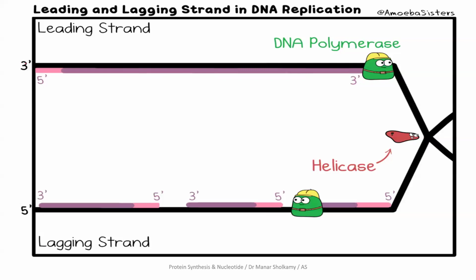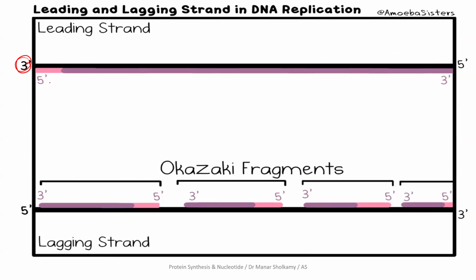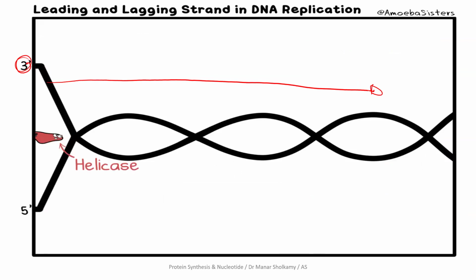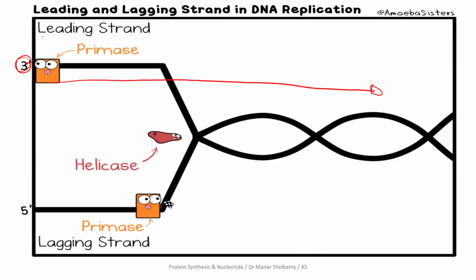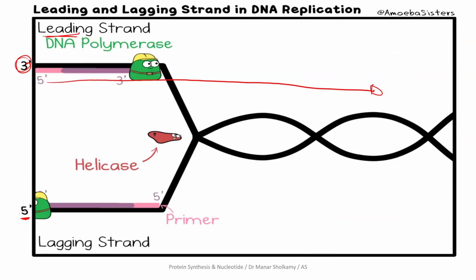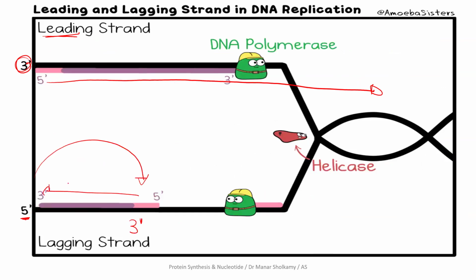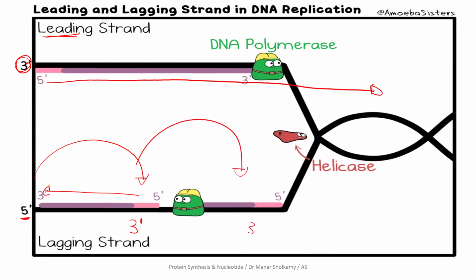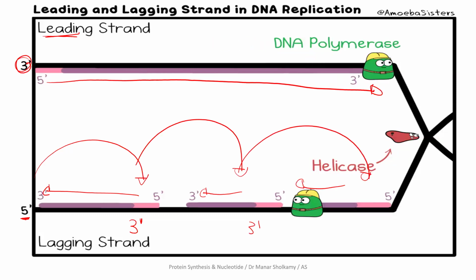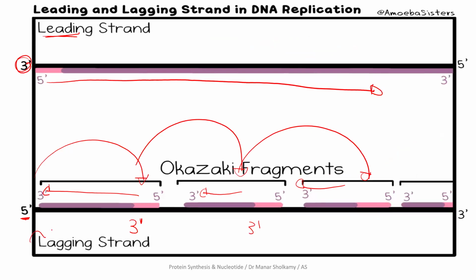Here, the DNA polymerase, it will bind to the 3' end to build the new strand from the 5' to the 3' direction. It is moving towards the replication fork, and it is building the new strand continuously. This will be the leading strand. Now, in the opposite strand, it cannot bind to this 5' end. It will have to move backwards to bind to the 3' end, and then move forwards. And then move backwards to bind to the exposed 3' end, and then move forward. And then move backwards, and then move forwards. So this strand will be built in sections called Okazaki fragments, and that strand will be called the lagging strand,